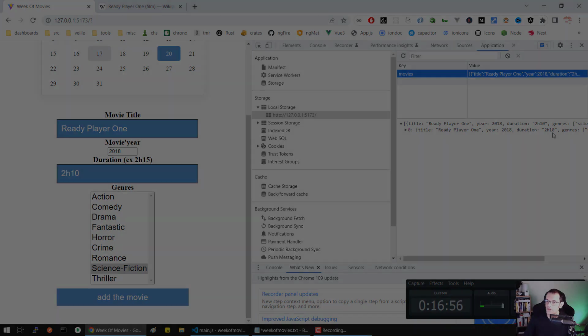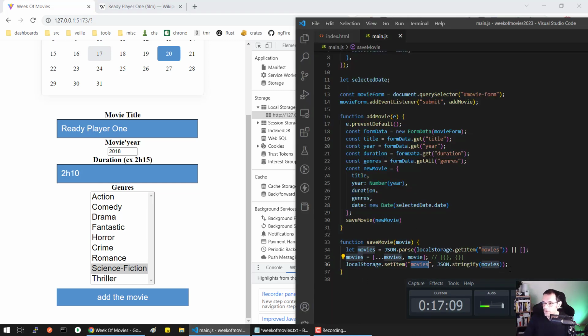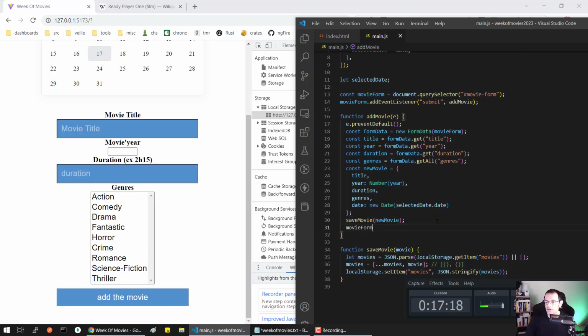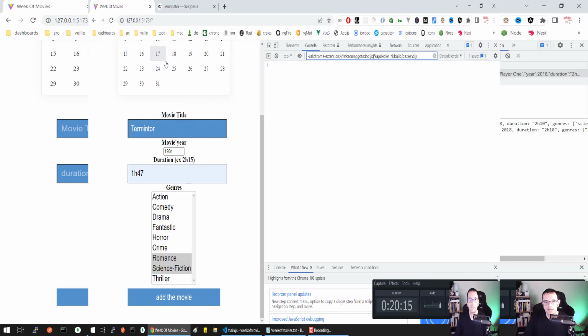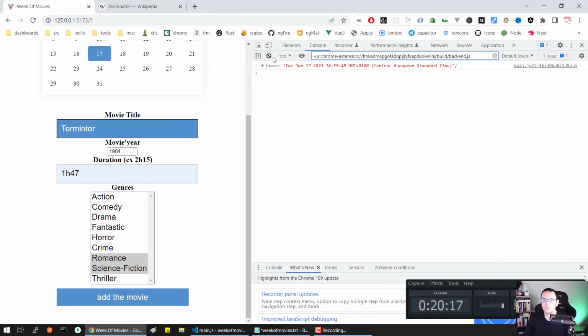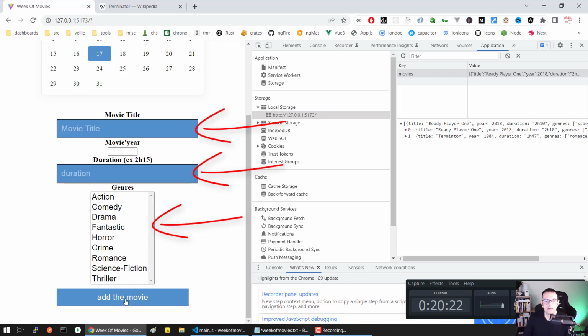So if you click here, that has just one element with a title of Ready Player One and a year of 2018 duration. We know that it worked, but what is disturbing is that you see the form is still filled. So to make it clear for the user that it worked, you can simply reset the movie. So by using this form data, it provides a convenient reset function. You see, when you add the movie, the form is reset, and you can see that now movies contains 2 objects,